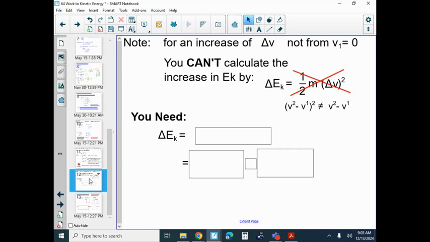The other thing that comes up is that if you're looking at a delta v, a change in velocity that's not from 0, you can't just slap delta v into that thing. 1/2 m delta v squared is not an equation that is true always, and that's because v squared minus v